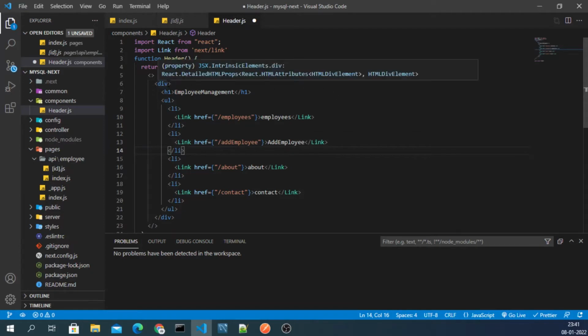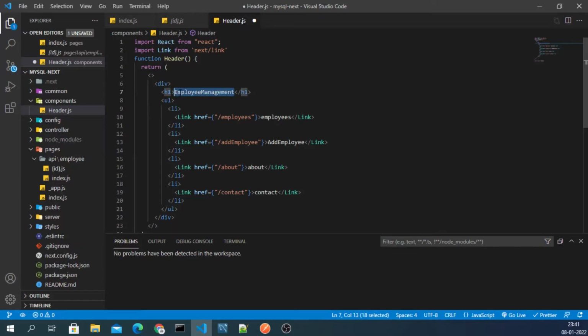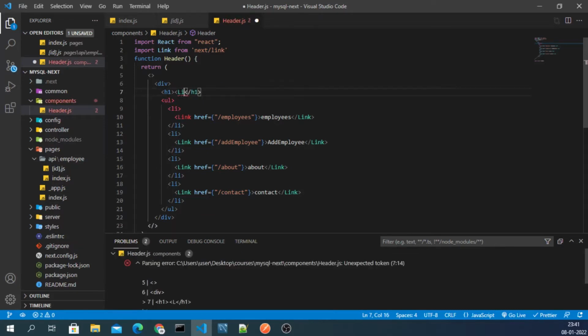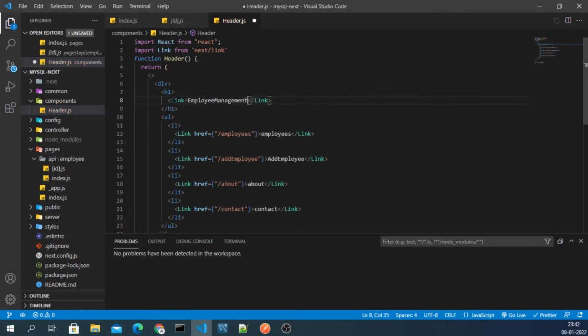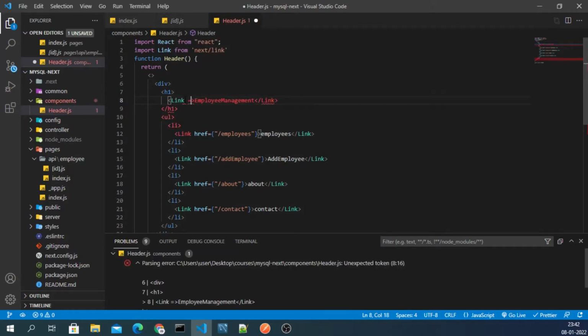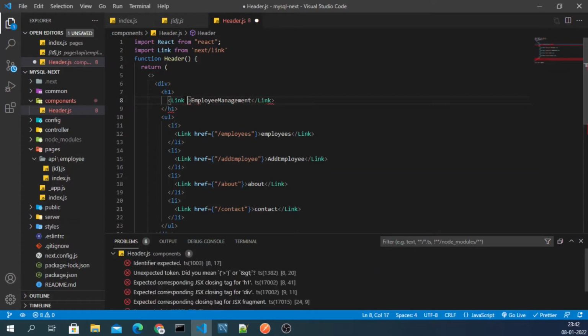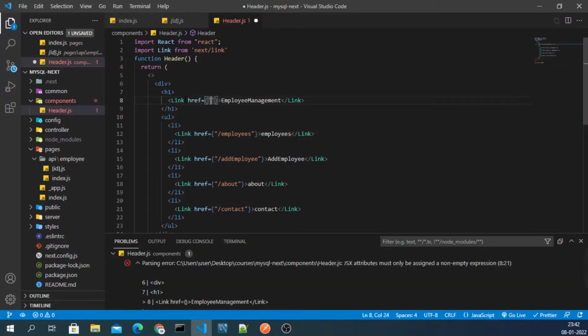Let me just give the classes. Here also I need to define this thing here, and when someone clicks on employee management it will open the home page, right?